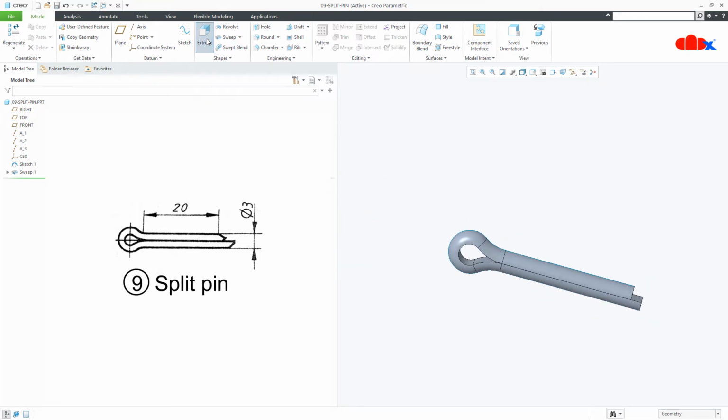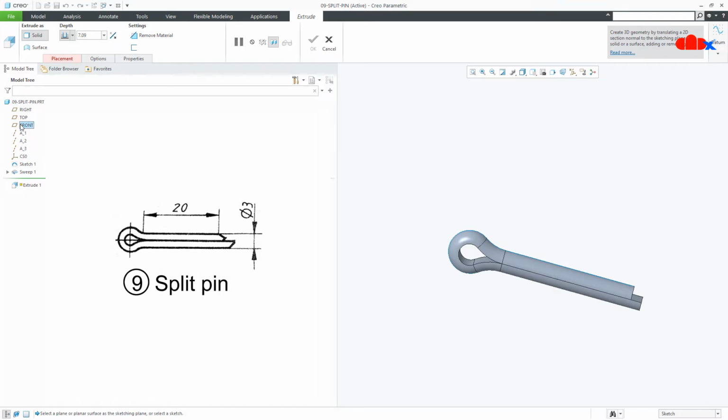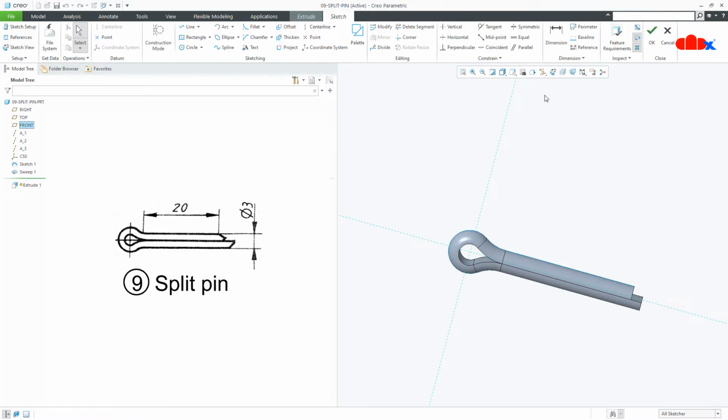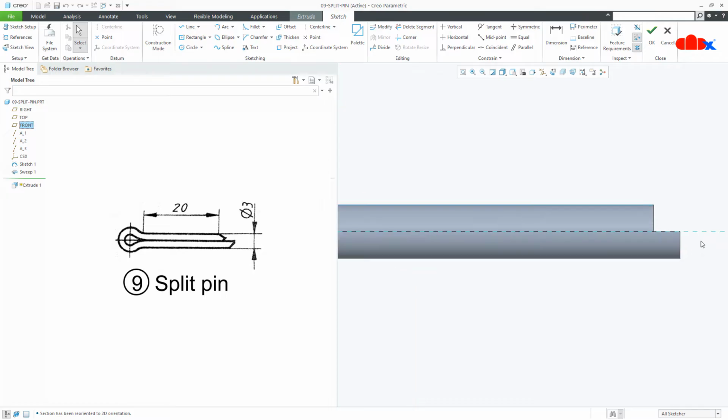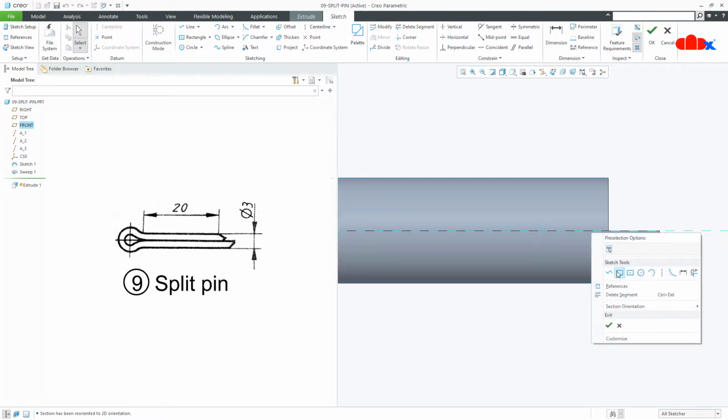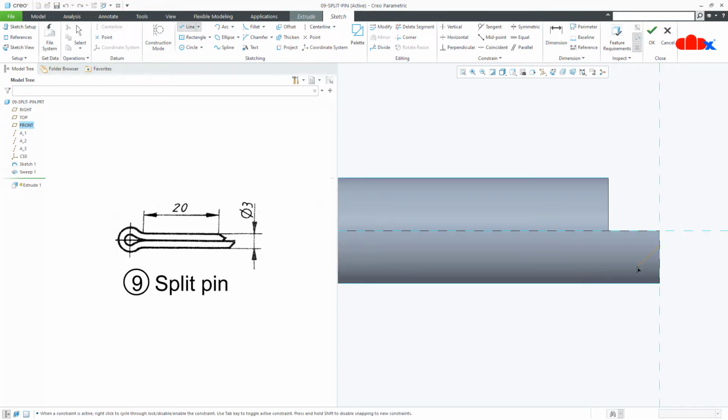Now you go to extrude onto the front datum plane, normal. Draw the line. Make it equal. This has to be equal with this.